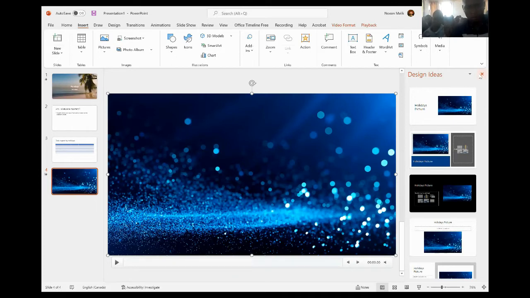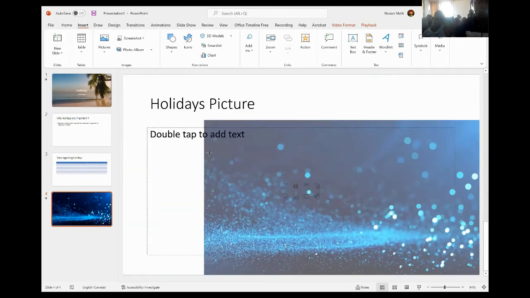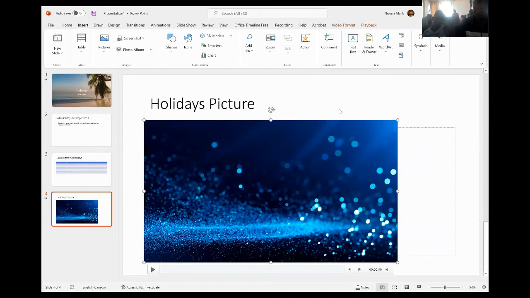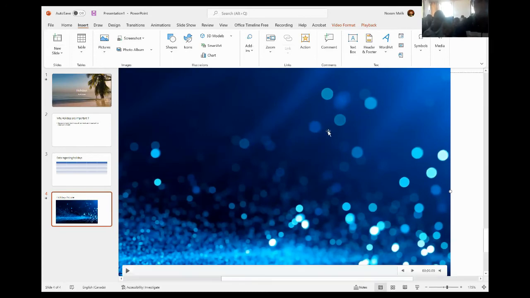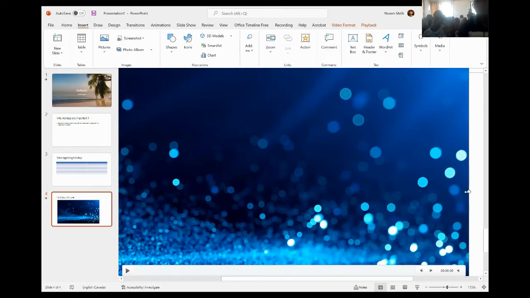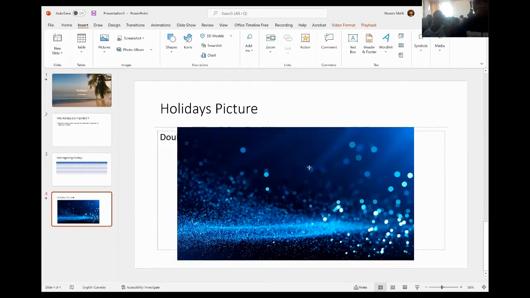Okay. Now you can even make it shorter. You remember? You see these circles on the side of the video, you can even drag those circles. You can move your mouse to the corner and drag it to make it smaller, and you can even put your video here. You see these four arrows, these double arrows, I can make it bigger. These arrows mean to move the video around, and these circles mean to make it smaller or bigger. So I will just move it somewhere in the middle.